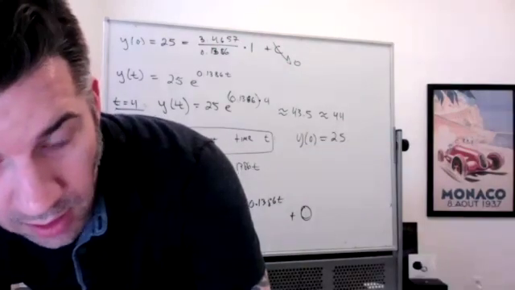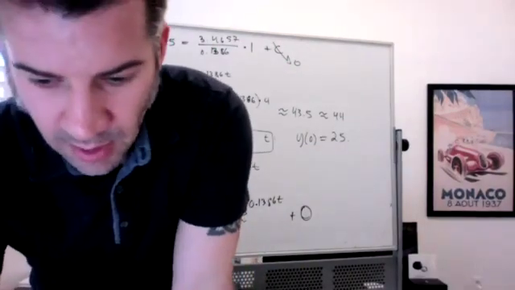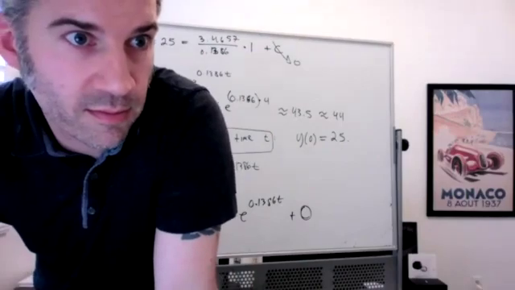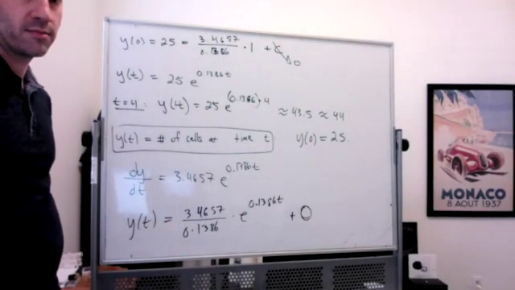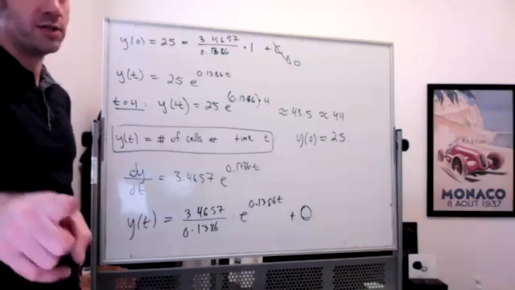I had a quick question. Of course, yeah. For the initial equation or the y of t, is there supposed to be a plus 25? No, there's not. So